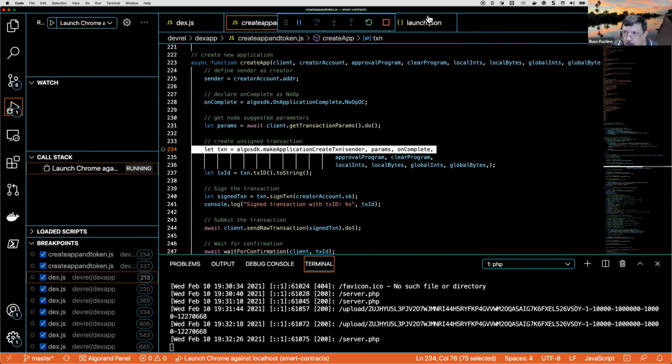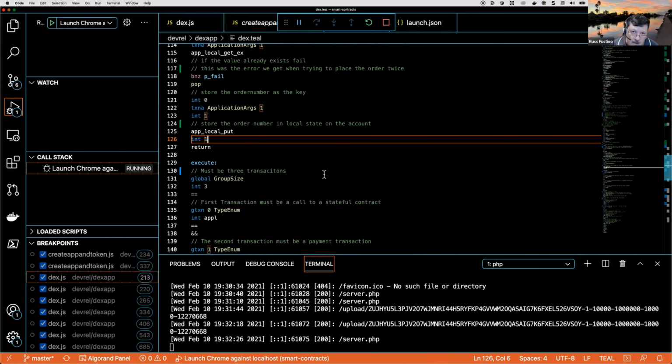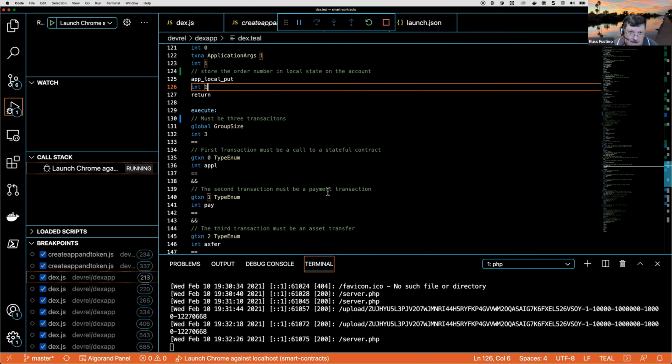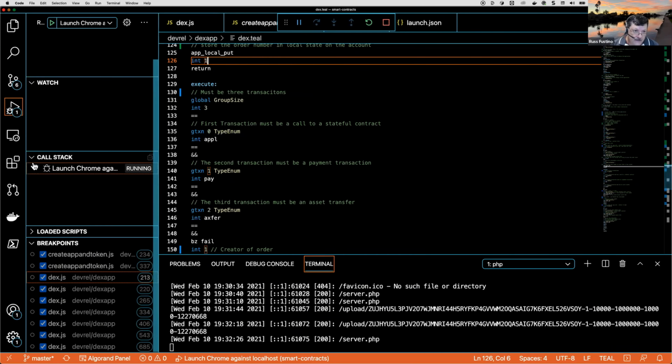this one, the next one here. If you look at the TEAL, that does the stateful contract. This is basically what you see here. And if you hover over some of these things like type enum, it comes up with the tip. And I got that because under the